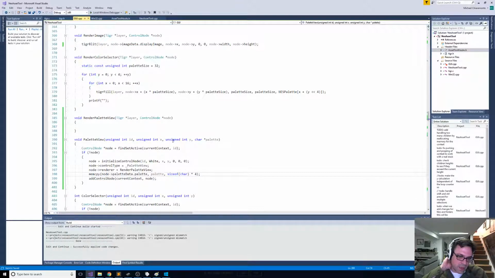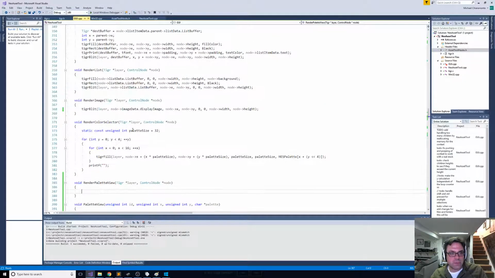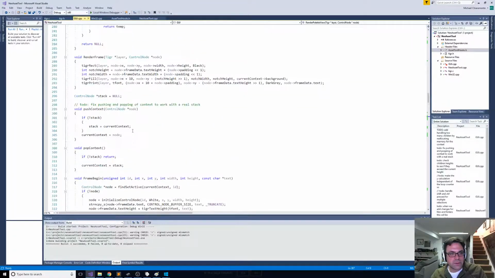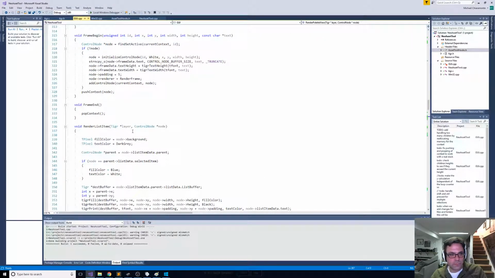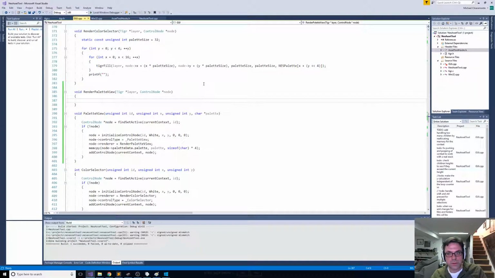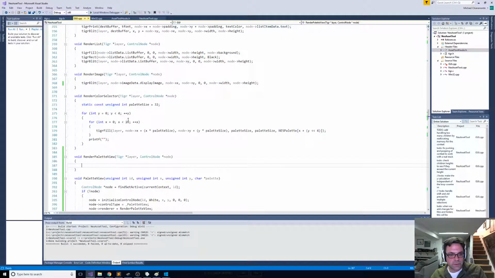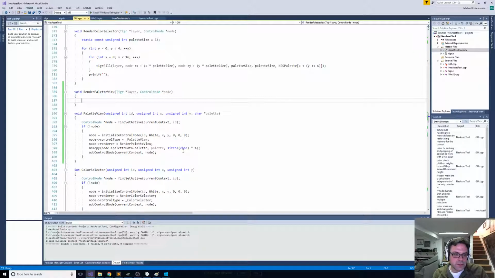So we're just literally copying the content of this palette data into this palette memory, and then when we go to render it, what did we say? We were doing 32 by 32 blocks for the color selector. I think they're 32 by 32. Color size. Oh, are they palette size? 32 by 32. Okay, so